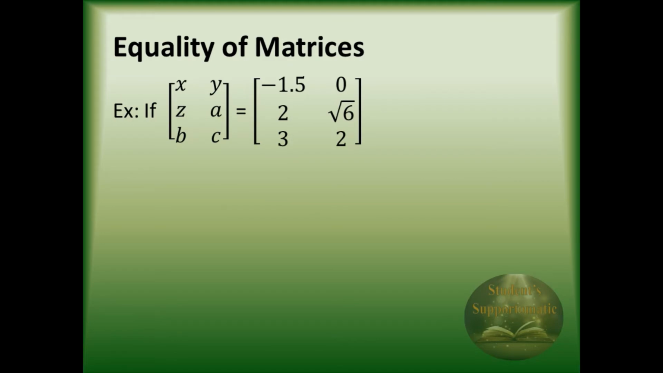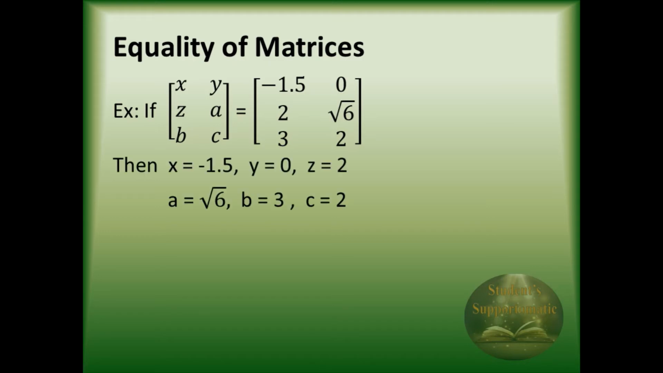Let's see one more type of equality of matrices. Here it is given that the matrices are equal. The matrix with entries x y z a b c is equal to a matrix with values minus 1.5, 0, 2, square root of 6, 3 and 2. These two matrices are equal, it is given. If these two matrices are equal, then